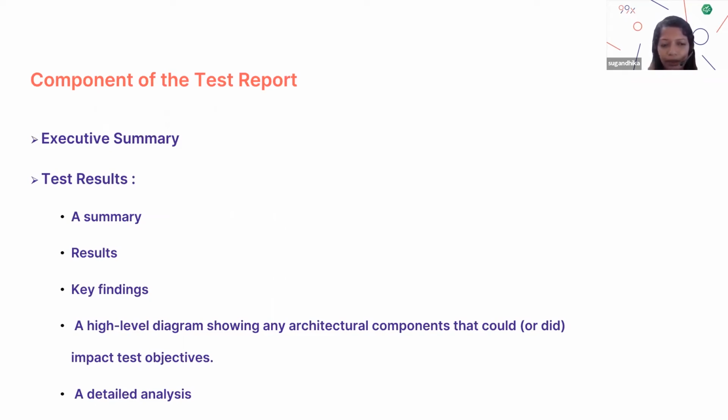Using some techniques, you can identify the issues, and if there are no issues, we can also create this report. Once you have these results, you can put them in a nice way and place them in this test results folder. The issues that you have identified, you can summarize here, and key findings also you can summarize here. You can put some nice graphs, and also findings, like let's say you have an exception in your logs. That happened because of the performance test, so you could state that here as a key finding.